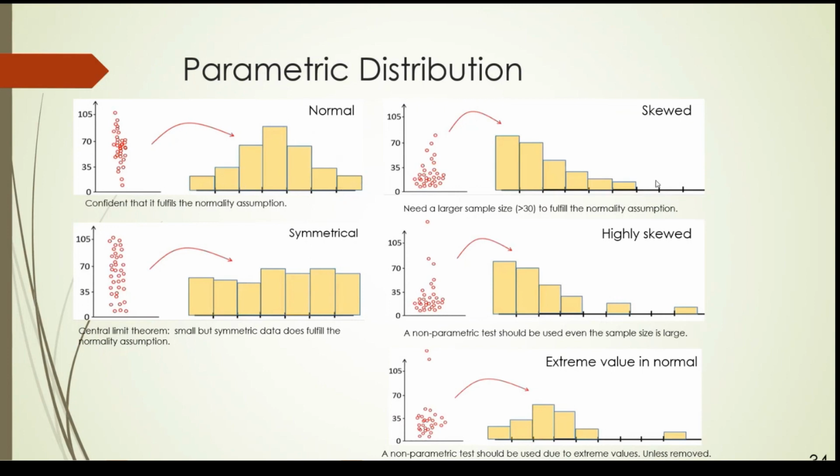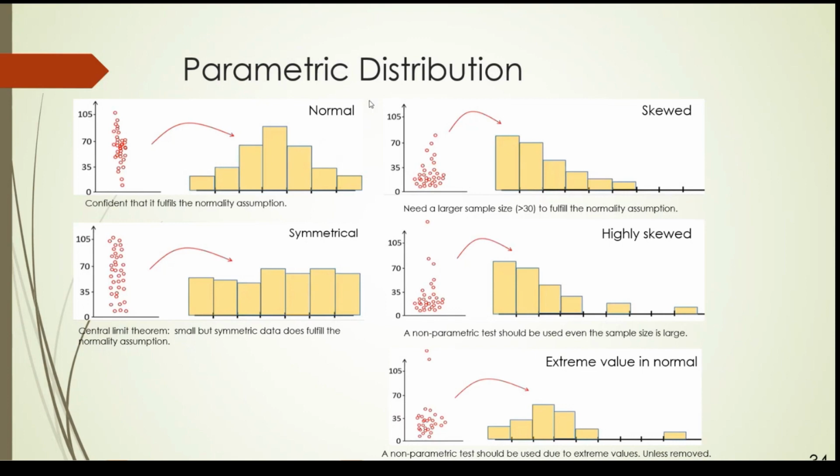But sometimes the data collection may be skewed towards the left or skewed towards the right. Or maybe there are some pockets, some holes here and there. Now, if you get a distribution that looks like this, it is still considered normal, as long as it looks symmetrical. It looks like this because we don't have enough data. When you have a lot of data, it will look more normal.